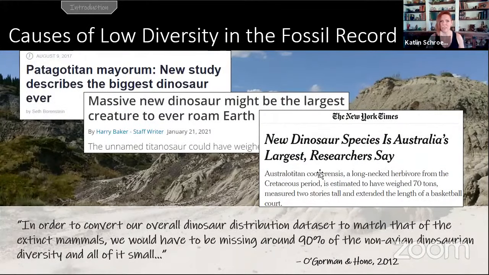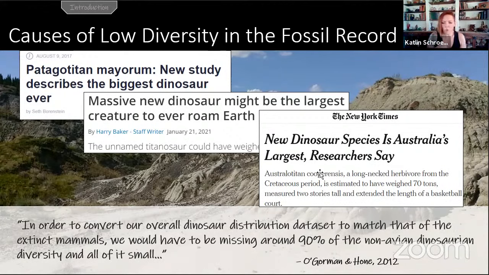Which is problematic because we seem to keep finding giant dinosaurs. And when we look at things like Lagerstätten that do preserve really, really nicely and really small dinosaurs, we don't necessarily see a higher diversity of those small dinosaurs than we do in large dinosaurs in any other kind of formation. So while taxonomy and preservation and collection bias are incredibly important to understanding the diversity of dinosaurs, it's just not quite enough to explain what's going on with the entirety of dinosaur diversity. Specifically, there might be something going on that is more biological in nature.